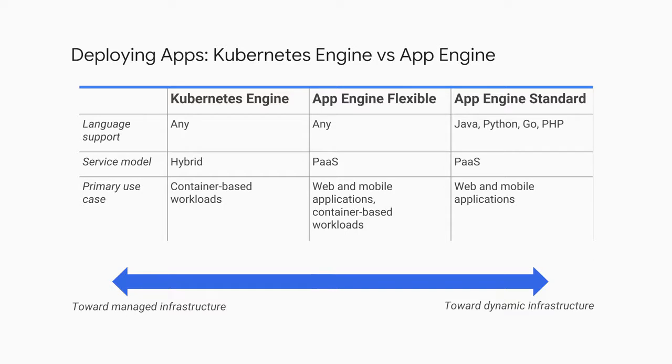Because we mentioned App Engine's use of Docker containers, you may be wondering how App Engine compares to Kubernetes Engine. Here's a side-by-side comparison of App Engine with Kubernetes Engine. App Engine Standard Environment is for people who want the service to take maximum control of their application's deployment and scaling. Kubernetes Engine gives the application owner the full flexibility of Kubernetes. App Engine Flexible Environment is somewhere in between. Also, App Engine treats containers as a means to an end, but for Kubernetes Engine, containers are a fundamental organizing principle.